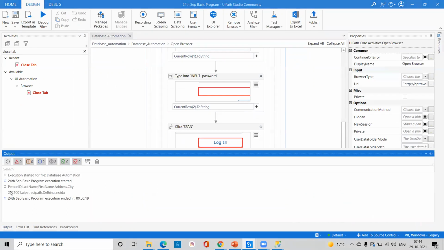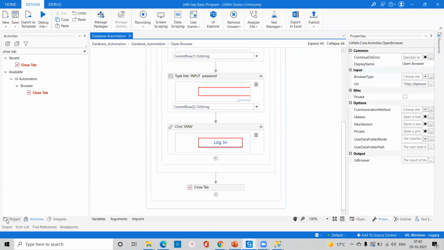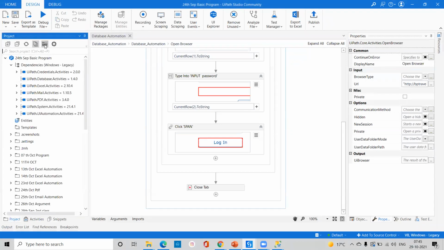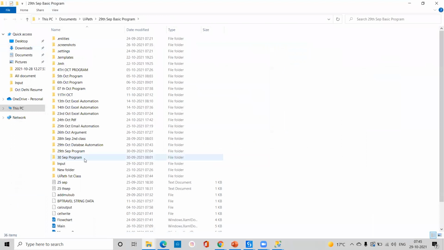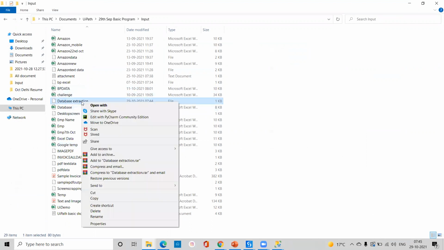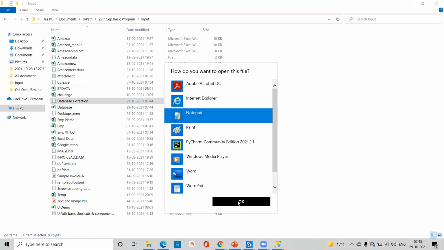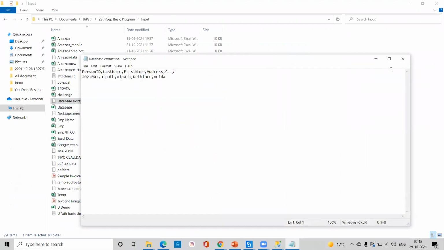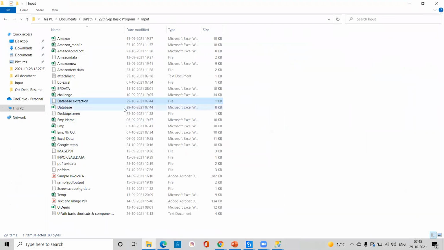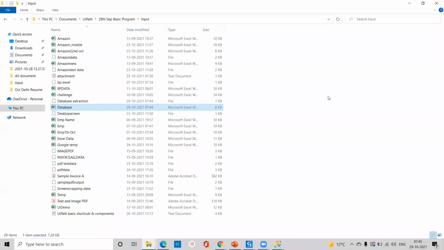Like go to the output panel, we are getting this thing, same thing, and after that we are coming to this point called output panel, sorry, break panel. Go to File Explorer and there the input folder, so database and database abstraction. Okay, so we are getting 7:44 p.m. right now. Go with Open With, and go with Open With called Notepad and try to open. We are getting this data and Excel is also proper. Okay. So right now, this way, we are able to write these things.